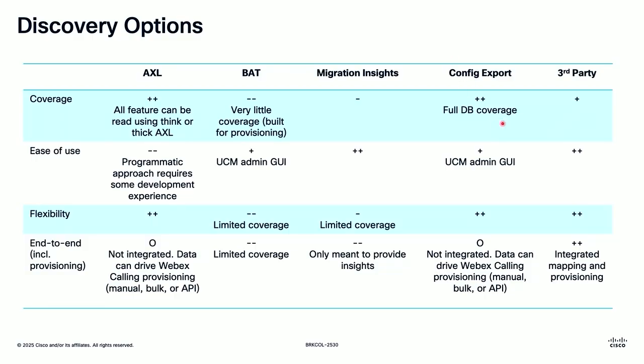When we look at the high level at the insights options that exist, we do have AXL. AXL is the Administrative XML layer. How many of you are aware of this thing? This good friend of ours? That's basically the API layer that enables you to interact programmatically with Communications Manager configuration, right? The coverage here is the best because all features can be read using either thin AXL